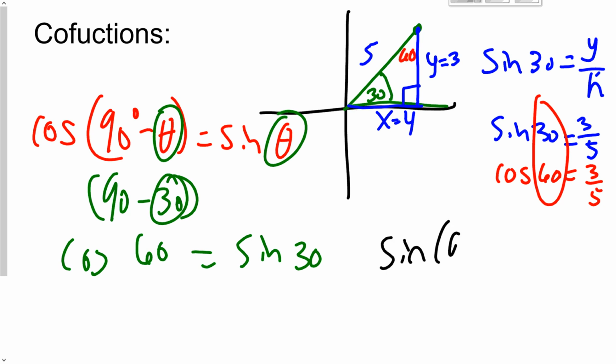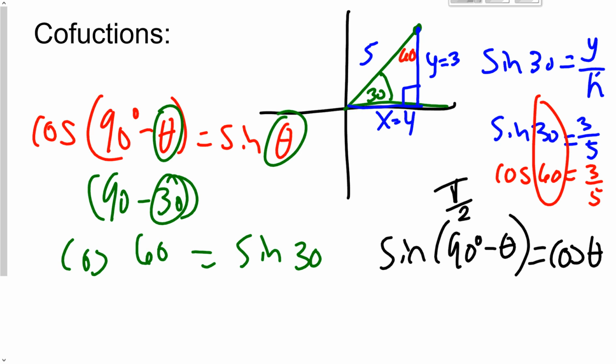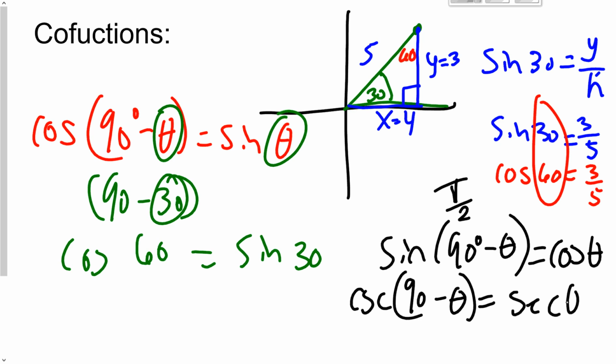Sine of 90 minus theta, 90 degrees. These are all in degrees. You can switch them to radians by just doing pi over 2 for the 90, because 90 is the same as pi over 2. Cosecant of 90 minus theta is equal to secant of theta. And then if I flip that, I would get secant of 90 minus theta would equal